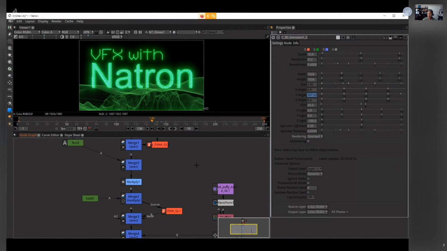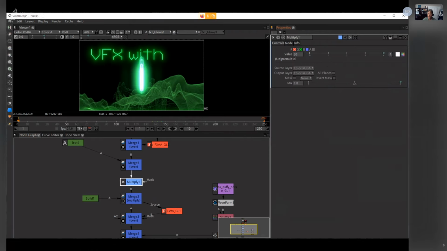Okay. Next, we're going to go to our multiply and animate it. So we're going to go back to frame 0 and I want to make sure I have the exact values. At frame 0, I want to bring our multiply down a lot. We're going to bring it down to a tenth of this value so that it starts off at 3. So we're going to have it start off at 3, and then at frame 60,